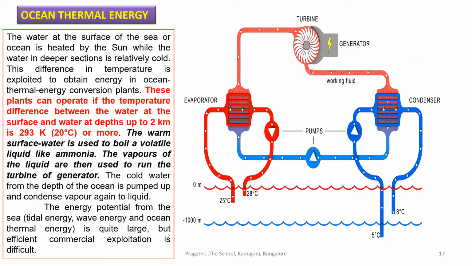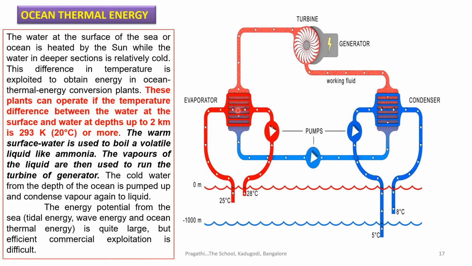And again the working fluid, that ammonia, will come here and get cooled. Because of this cool water it comes out, and again the same water is left inside the ocean. See here the cool water is coming here and it cools the ammonia and again it goes back. Why is it 8 degrees centigrade? Because it is picking up the heat of the ammonia, that's why the temperature is more. Again here the 28 degrees is coming, because cold water, everything is coming here and going. And the ammonia is coming at cold temperature here and it is left. Why? Because the 3 degrees is picked up by the ammonia.